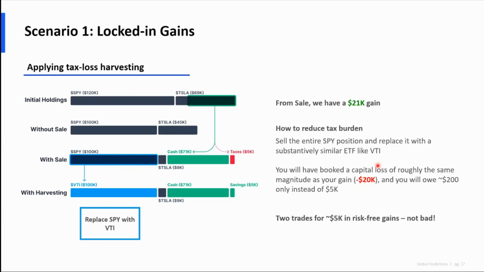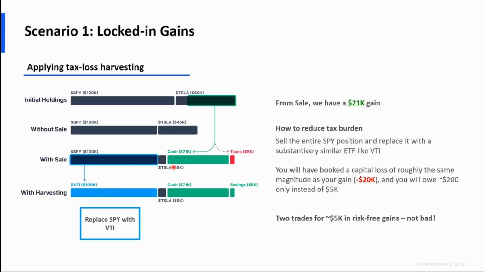So in this case, you could just sell SPY and it would have the effect of negating your taxes, but your portfolio would be somewhat different than you probably wanted. Presumably what you're holding is closer to the portfolio that you want than the portfolio where you actually just remove $100,000 from the market, which is kind of extreme in order to save $5,000.